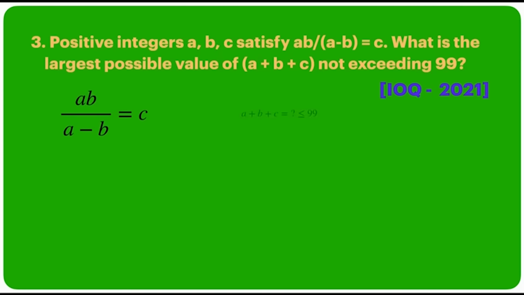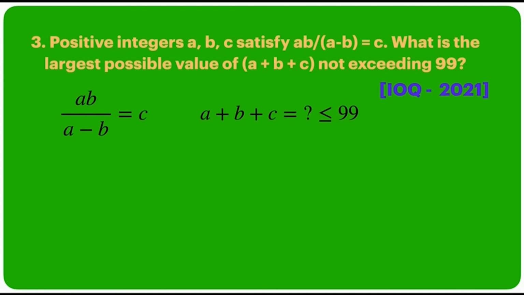The equation here is AB upon A minus B equal to C. So here the equation of the problem appears to be somewhat different from the previous ones, because in the previous problem there was 1 by 1 by, but now it is AB divided by A minus B equal to C. But the expression can be rewritten in the same way,